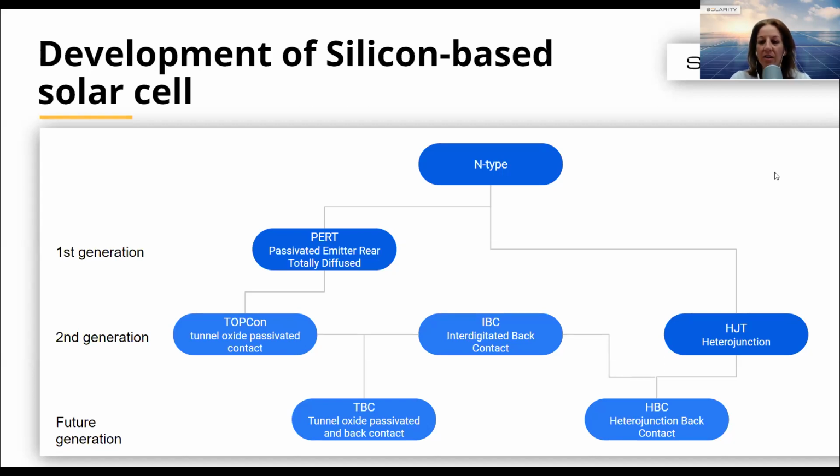I think we will see it at the end of 2023, but it's still a big question mark. For example, I was attending some webinars where they had almost a fight: what will be more, Topcon or heterojunction? What will be number one? And they said that from the past, it looks like Topcon is number one, then heterojunction, and nowadays they